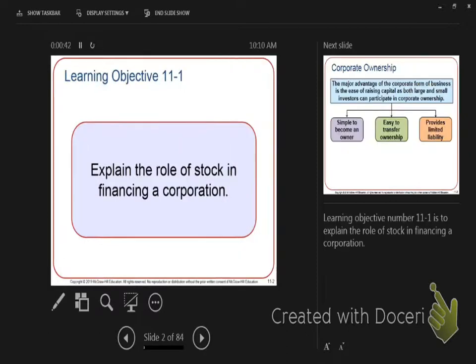So when we're looking at how a company is financed, you can borrow money, which is liabilities, which we just did, or you can sell stock. The major advantage of selling stock is that it's very simple. Nowadays, every one of you can log on the computer or get your phone and buy a share of stock within the next 10 minutes. It's much faster if you've already bought a share before because you have an account. But you could all set up an account in less than 10 minutes, and you could all buy a share of stock for under $10.